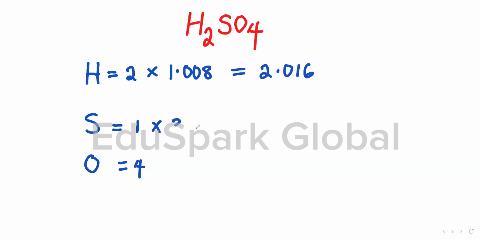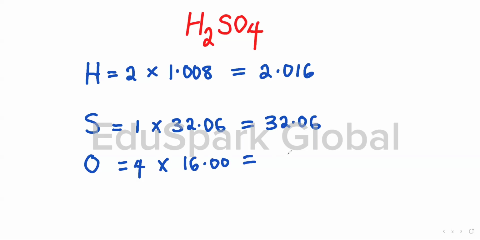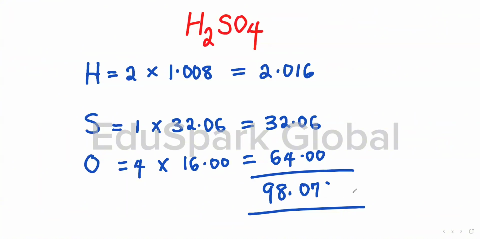Sulfur is 32.06 times 1 is going to give us exactly the same thing. Oxygen, 16 times 4 will give us 64. Now, after multiplying the individual elements by their subscripts or quantity, then sum up all the numbers. So 2.016 plus 32.06 plus 64 will give us 98.076 grams per mole. So the molar mass of H2SO4 is